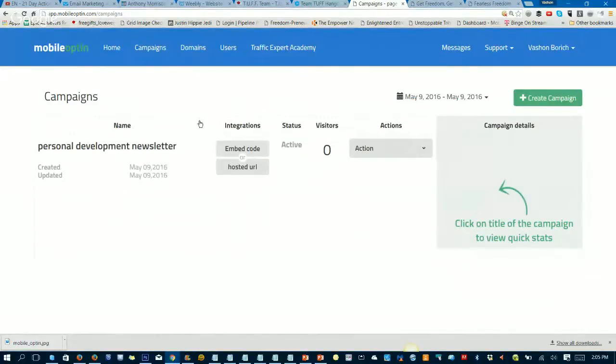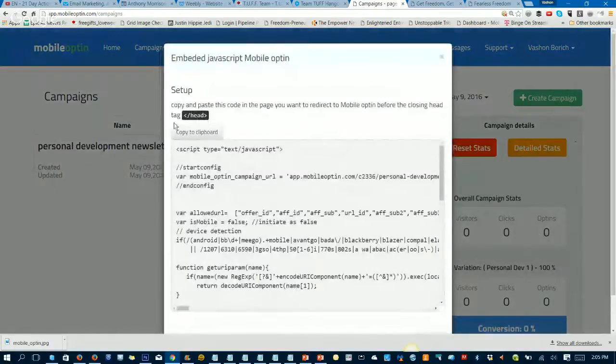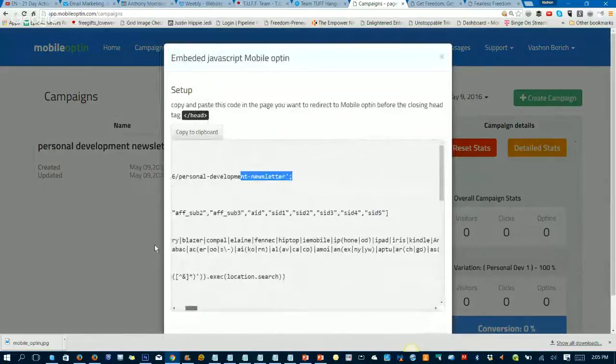So what is the difference? You've got these two buttons. The embed code allows you to put a link onto your website or blog so that people can click on that in order to go to your opt-in page. Let me just click on it and I'll show you what it looks like. It's going to give you this giant code, and you'll just have to drop it onto your website. You can copy the whole thing to your clipboard and put it into the head spot of your website. Okay, so that would be one option.